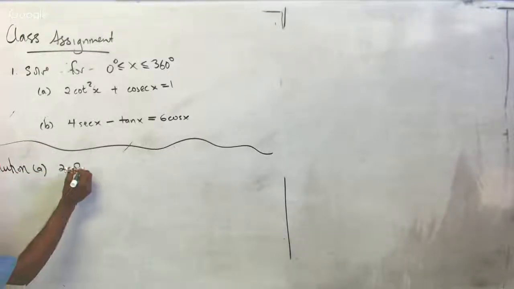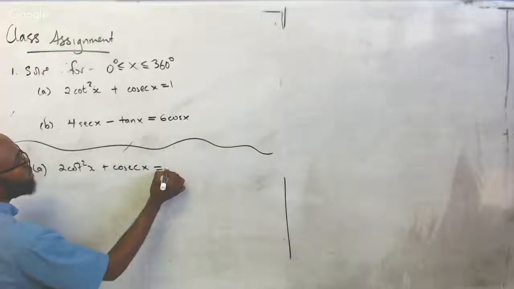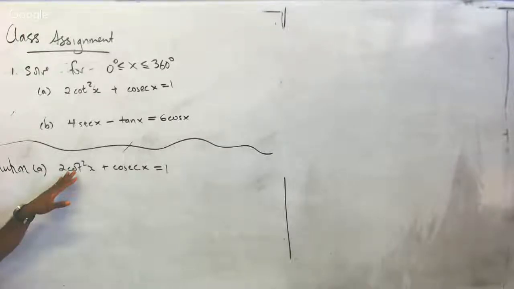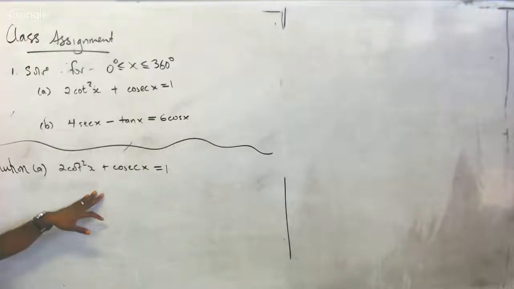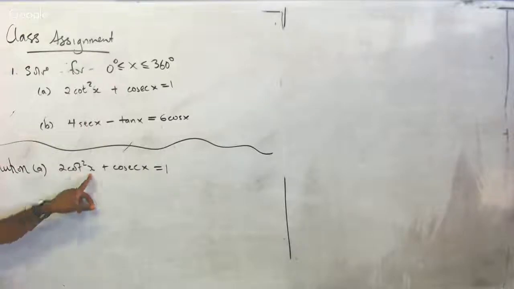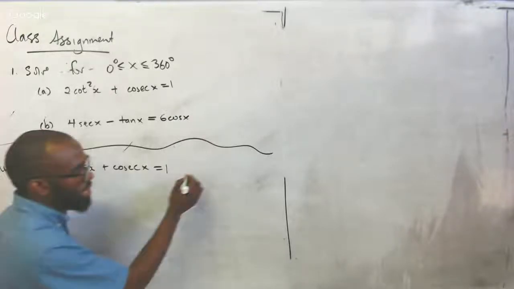we have 2 cotangent squared of x plus cosecant of x equal to 1. Right? Now, the first thing I always try to do is change. If we see 2 trig functions in the same equation, and I'm solving the equation, I need to try to get one of them to change to the other, right? Now, the question is, which identity do we know? Well, all 3 will be on the formula sheet, by the way. So you can quickly scan through the formula sheet and find an equation that has both cotangent and cosecant in it.